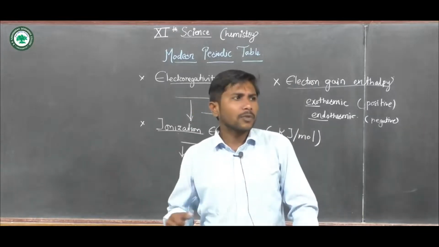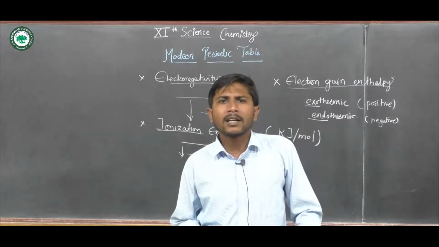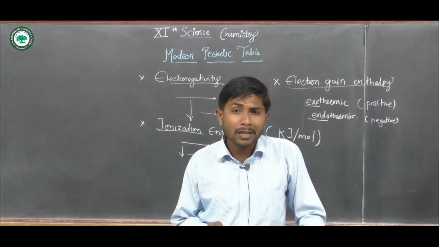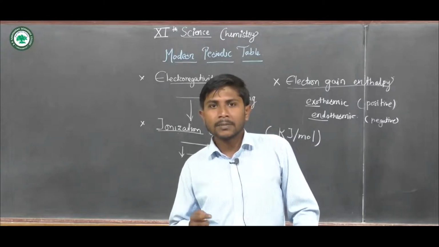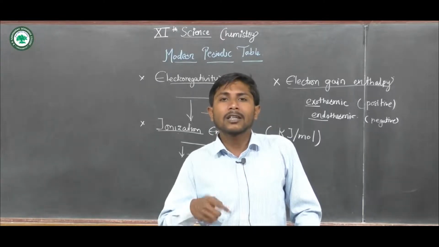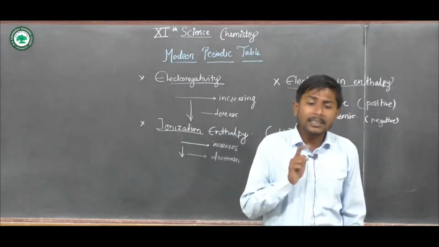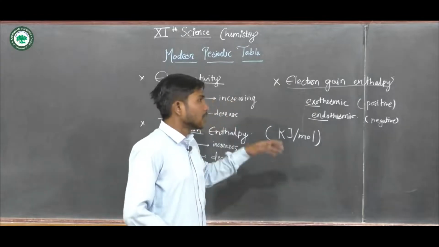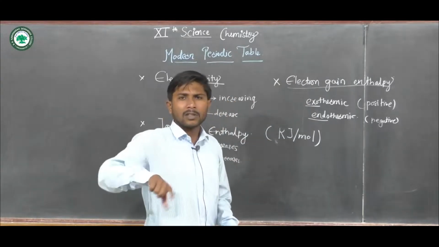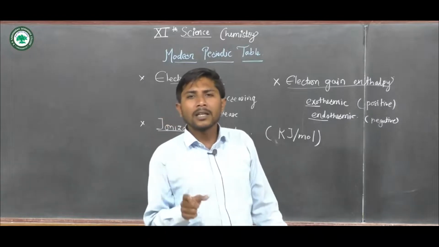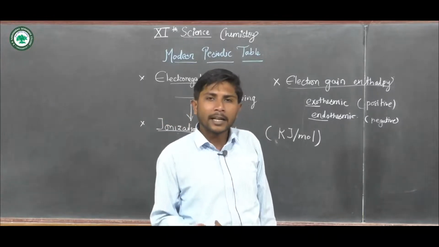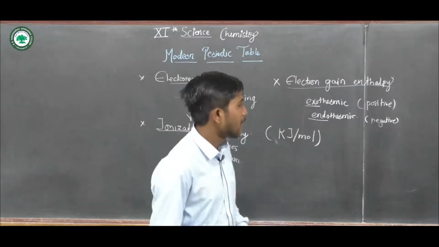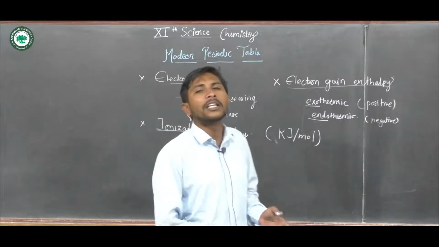Okay, then the next trend we can generally see is the trend of valency. What is meant by valency? It is the number of valence electrons present in an atom, which it can accept or donate. This decides the metallic or non-metallic character of an atom. The electronic configuration clearly states how many electrons, whether they can be donated or accepted, are present in the outermost orbit. It decides the valency, and there is a large variation.